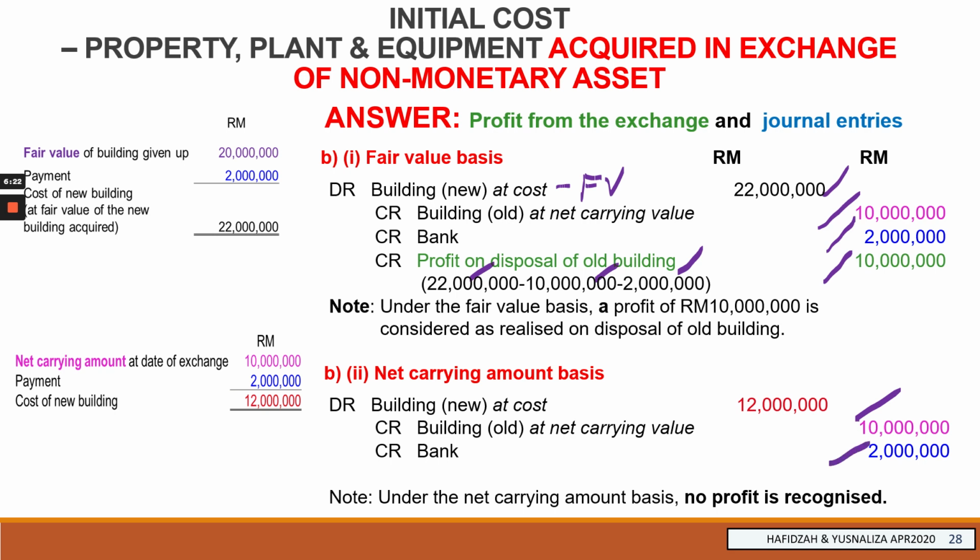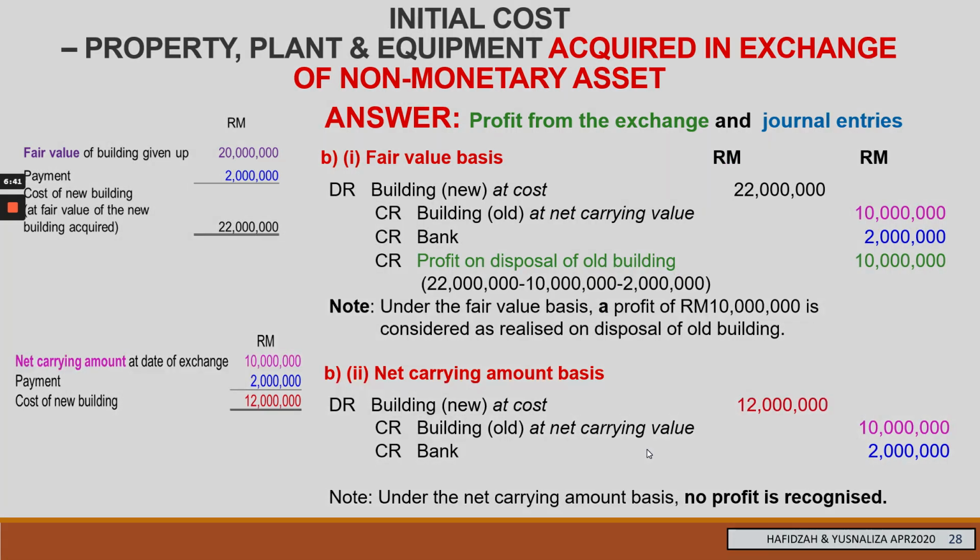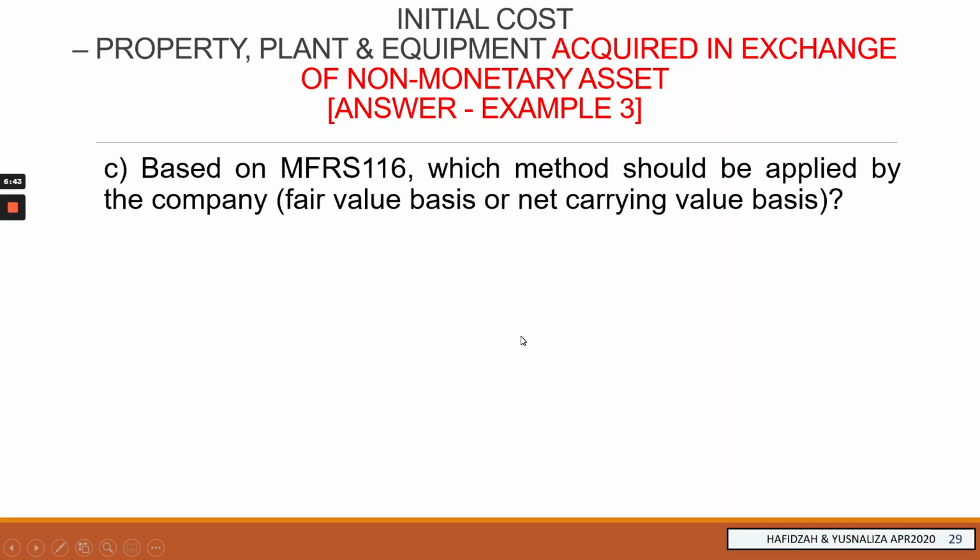So under net carrying amount basis, you can see that the initial cost of the building is 12 million versus 22 million. The reason why it is different is because no profit is recognized under the net carrying amount basis. Next is to decide which method should be applied by the company, either the fair value basis or